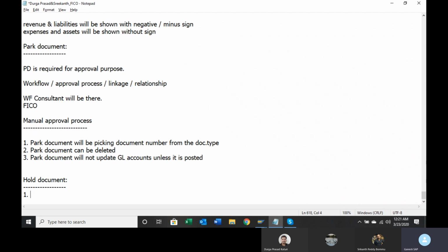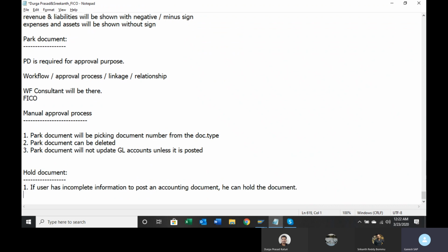So in other words, if the user has incomplete information to post an accounting document, he can hold the document. Okay.